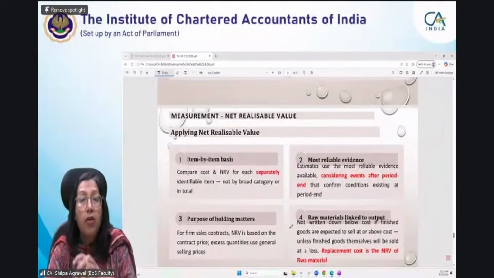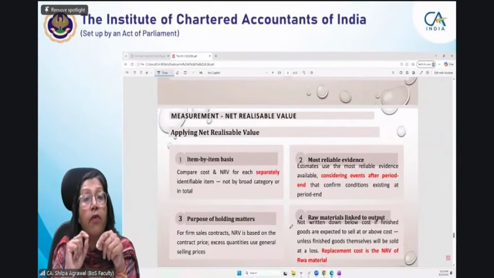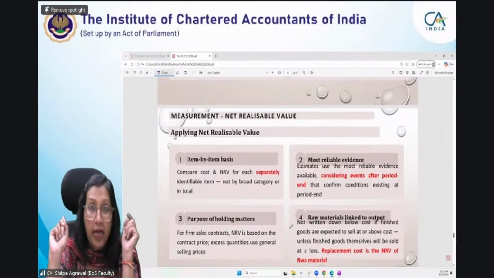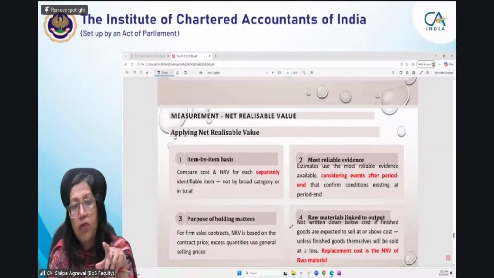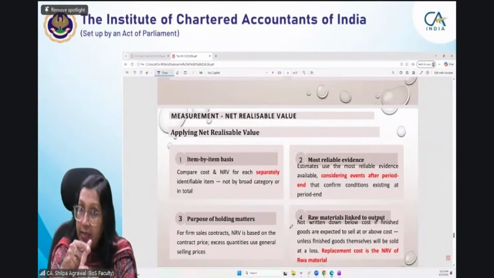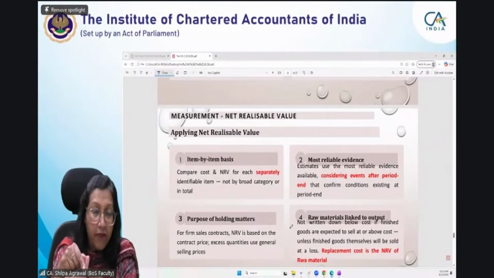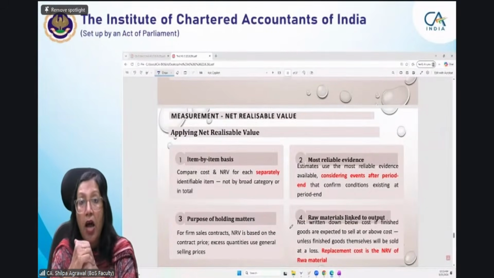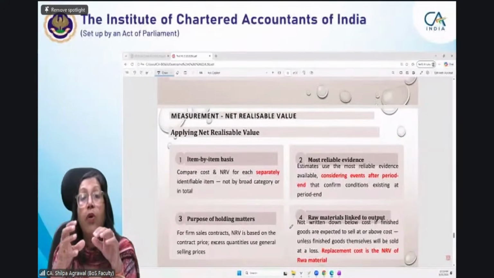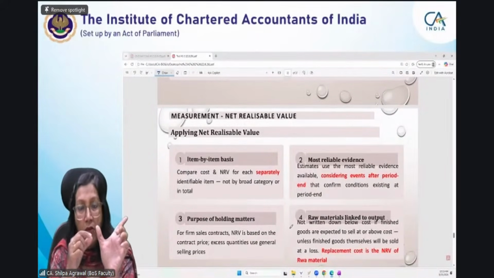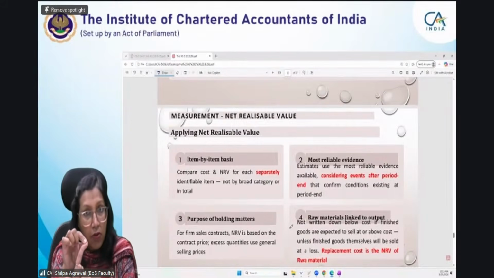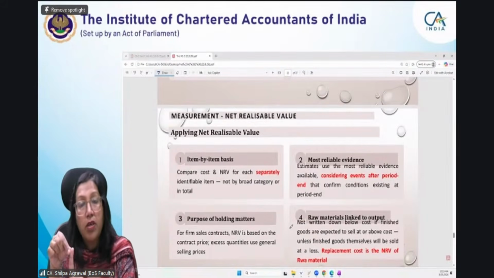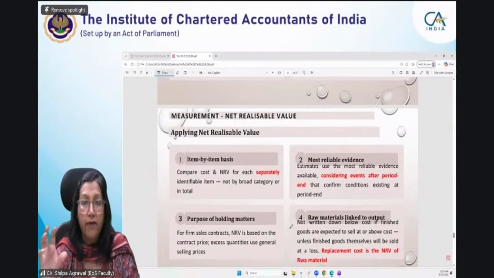Now we are talking about measurement of net realizable value that we have already computed. The definition of net realizable value tells you how to compute it: estimated selling price deducted with estimated selling cost and estimated cost of completion. We arrive at NRV. Now, how to deal with NRV? How to account for that NRV? One common measurement clause is lower of cost or NRV. We calculate cost, we calculate NRV, whichever is lower, we capitalize that value as inventory on the reporting date.